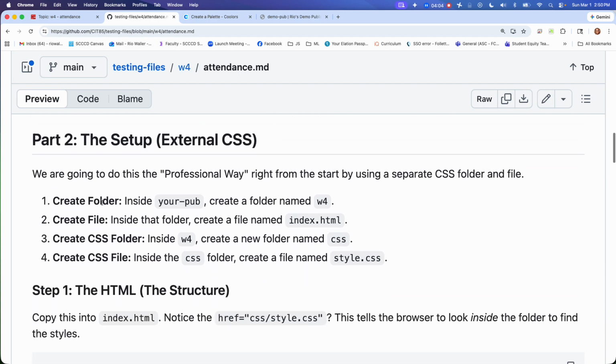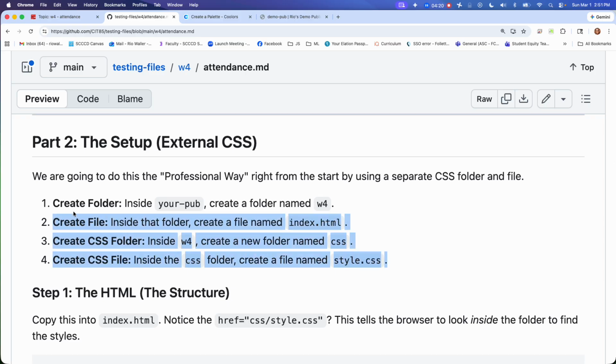All right, so now this is where we're going to create the folder. We're going to create a folder in your public repo called W4. Inside of there, create an index. Inside of W4, create another folder called CSS. And then inside of the CSS folder, create style.css. This is one of those areas where I say pause here, go do that,